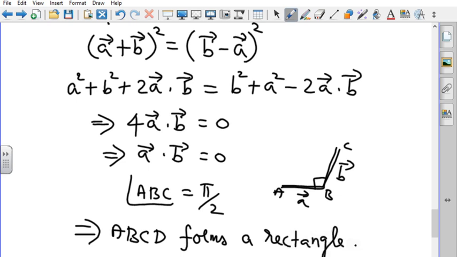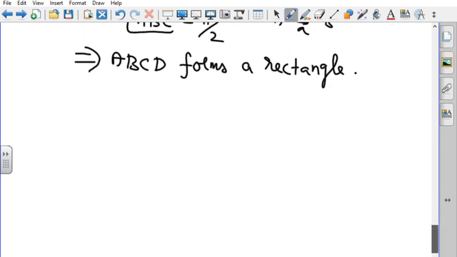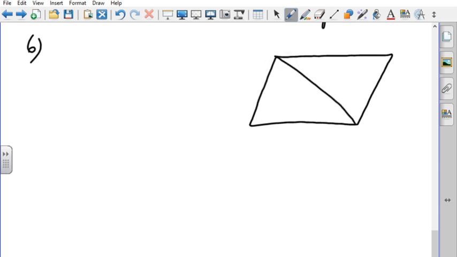So this is the fifth problem. Okay, now let us go to problem number 6. Prove by vector method that the area of the quadrilateral ABCD having diagonals AC and BD is equal to half modulus of AC vector cross BD vector. So let us draw a quadrilateral. A quadrilateral is again a four-sided figure with AC and BD as the diagonals. Let us mark A, B, C, D.